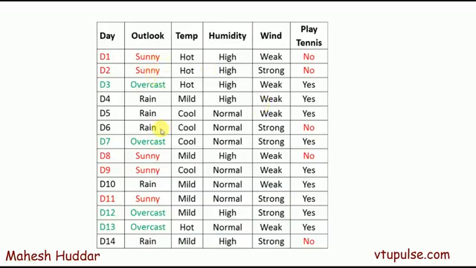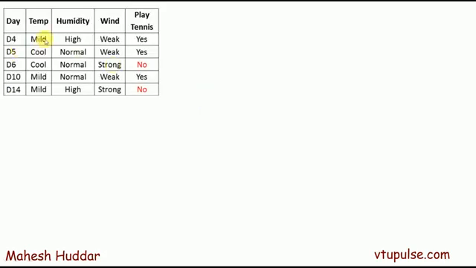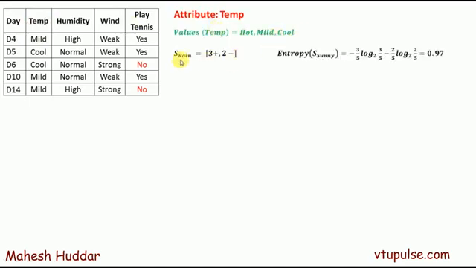Now from this one, whenever rain is present, that is D4, D5, D6, D10 and D14. These are the examples we need to consider. And then again we have removed outlook because it is already considered. So these are the 3 attributes we have on the right hand side. Again we need to calculate the gain of individual attributes here. That's temperature. There are 3 possibilities again here. Now we need to calculate the information gain for rain, because on the right side we have rain.